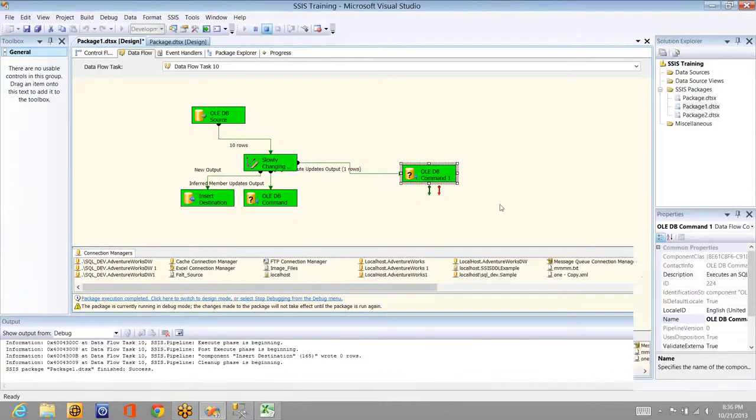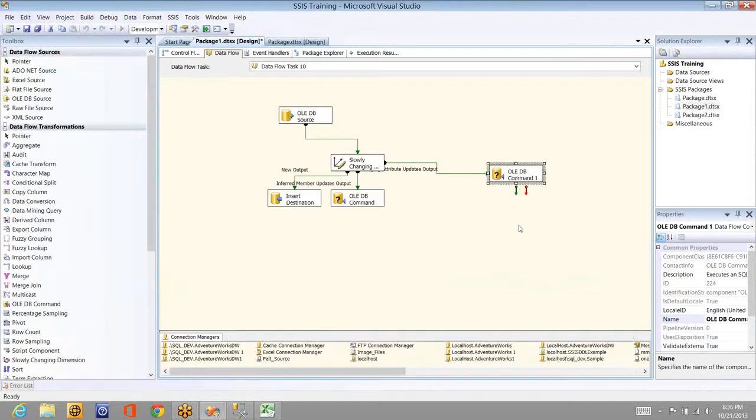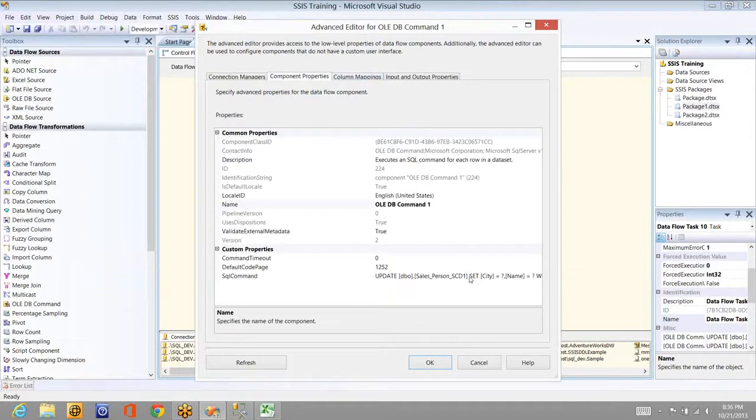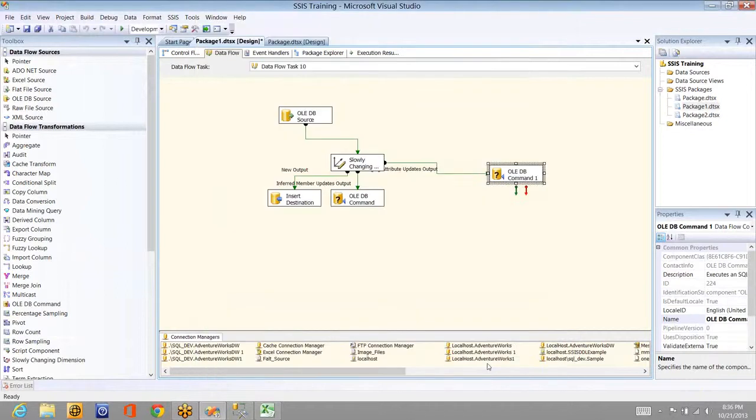It's simple. Whatever the changing attributes, it will send for update. You can see this pipeline is only for update. It was only name earlier. Now it has become city and name. If any changes in city or name, it will send to this pipeline, and it will update. So this is how the SCD type 1 works, and how to configure it.